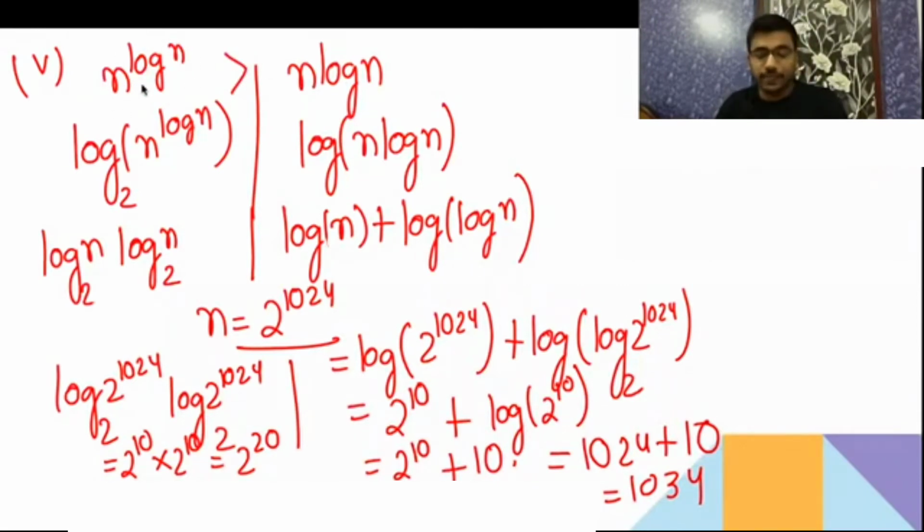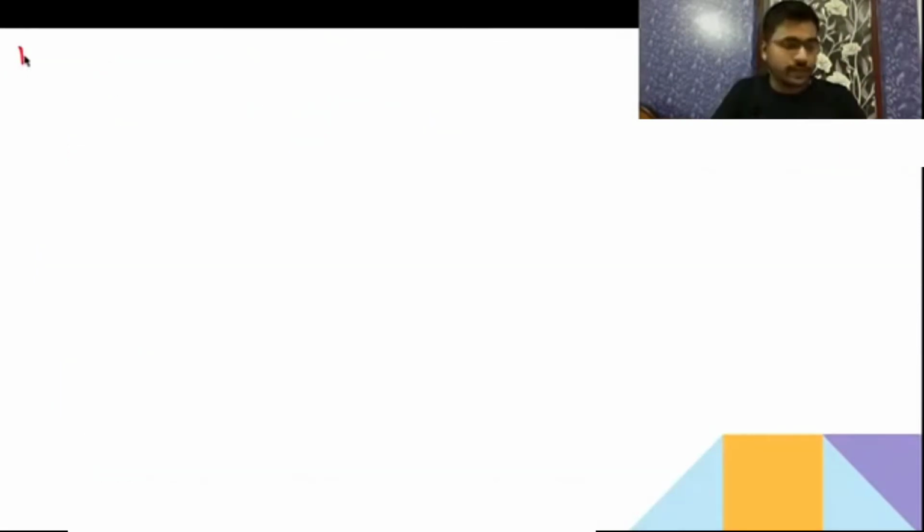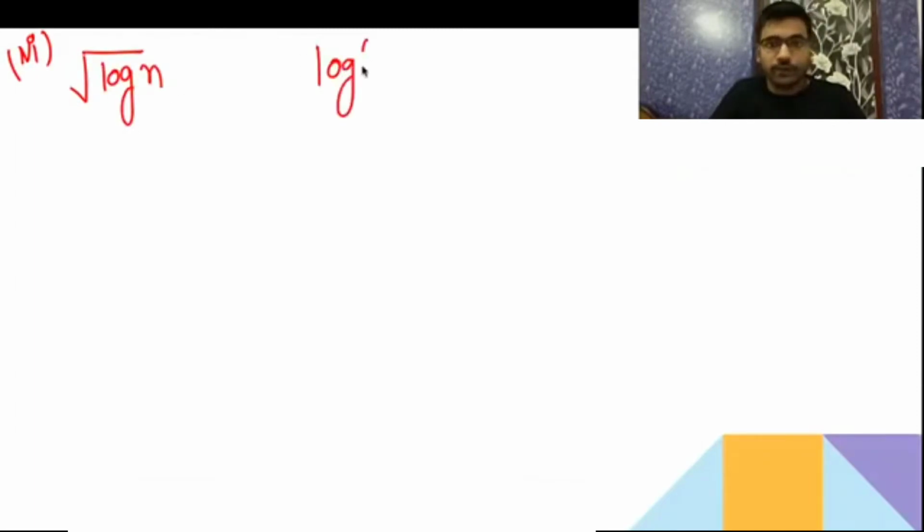So in the GATE exam, they will give some functions and they will ask you to write the functions in increasing order of their big O. Which one is bigger? Here is your example 6: root of log n and the next one is log of log n. Now first you people try. I have taught you how to compare the functions. Now you people try.